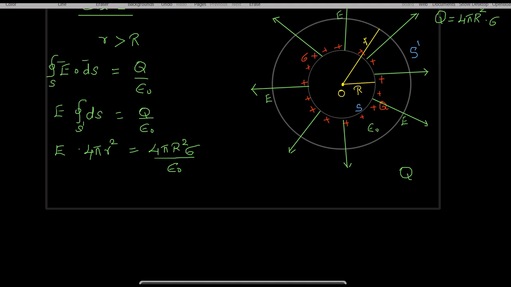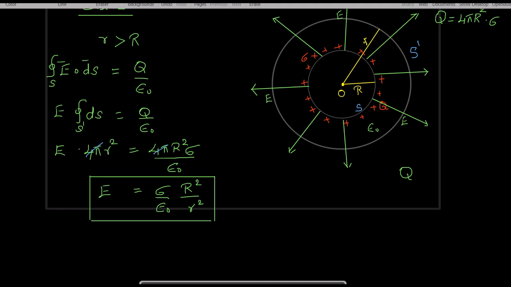Now these quantities can be removed. 4 pi gets cancelled out and we get E equal to sigma by epsilon naught into capital R square divided by small r square, which is the magnitude of electric field due to a spherical shell of charge